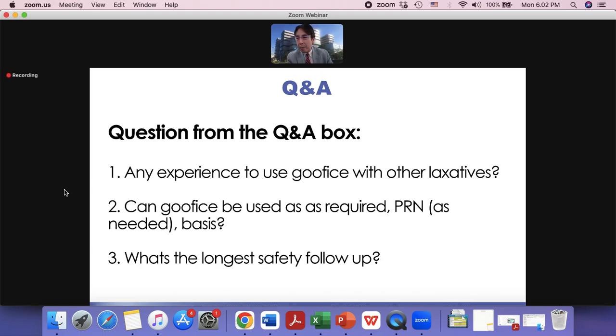I think it's okay, but we don't have enough experience. Among patients who have a very good response to Gufis, we see this type of reaction where on the second day of intake they already have good bowel movements. And usually in the Philippines, because most of the medications are bought by the patient, what I prescribe to them is, yes, you can take it, because you have a very good outcome with bowel movement.